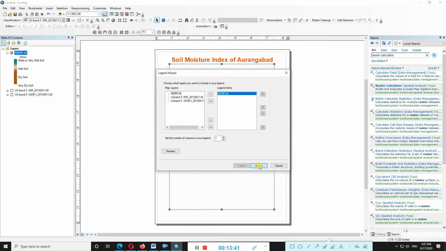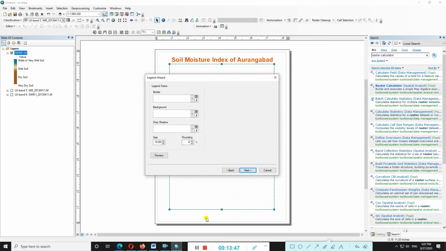Next, here border, background, drop shadow, I don't need to use.